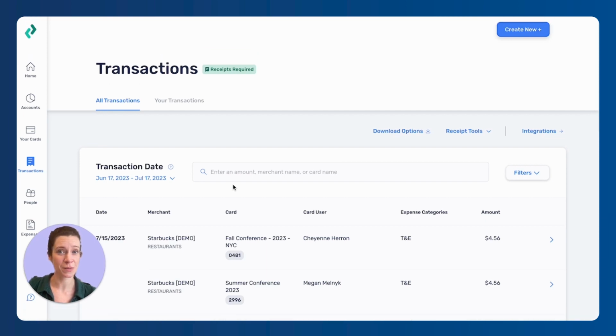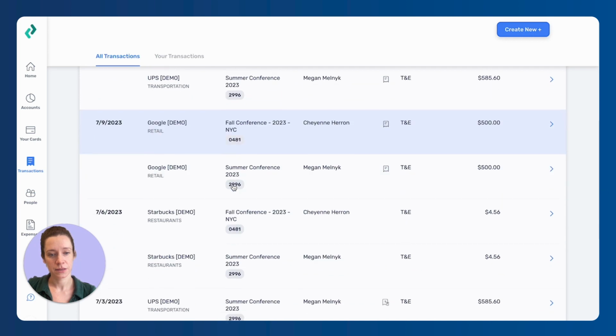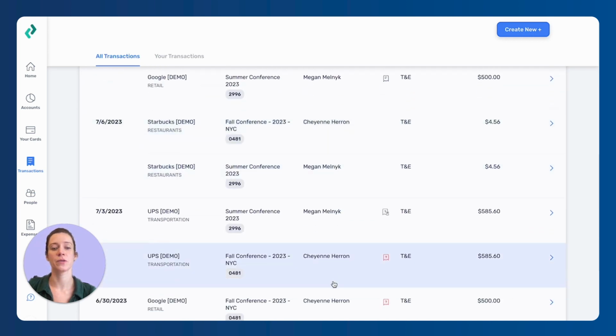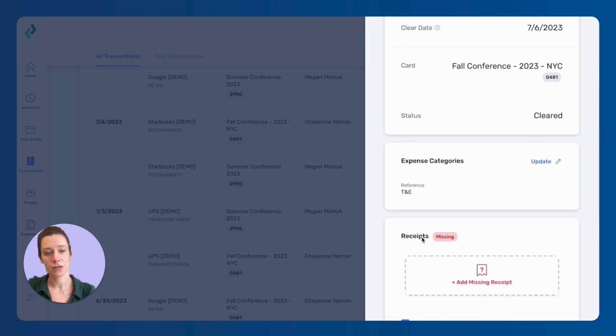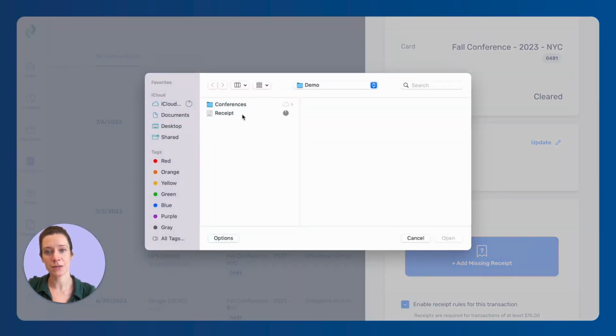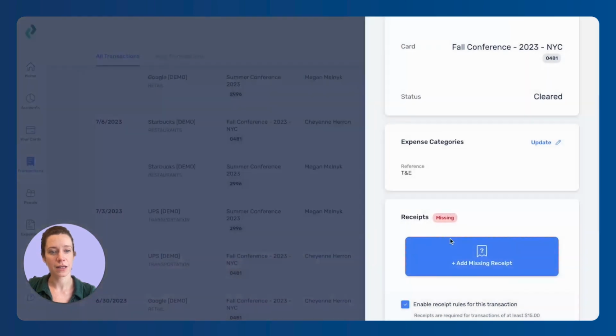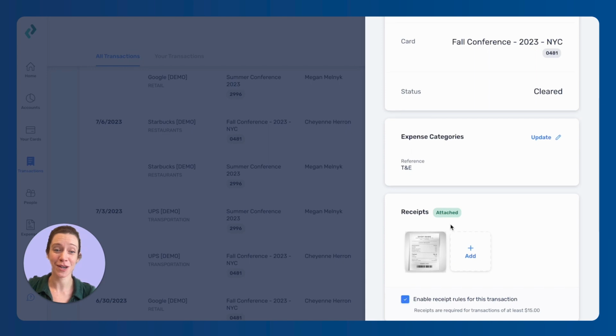Now, say I'm someone who's just received that. I log in to Extend and I look for my transaction. Perfect. So I need to attach a receipt here. I'm going to click into my transaction, scroll down to the receipts, add my missing receipt, and you will see that red missing turn to a green attached. So you are good to go,